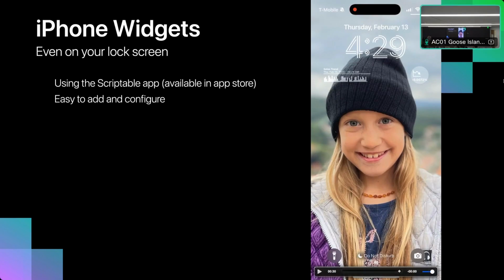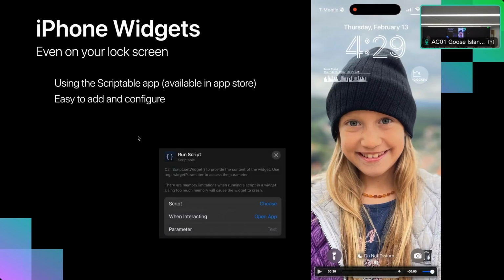It uses the scriptable app. It's easy to add and configure. And when you configure them, you'll have this panel here that comes up. And don't get confused, because that is not run FileMaker script. That is run the JavaScript that is in the scriptable app. And those JavaScript files live in a directory, like an iCloud directory on your Mac, or you can have them on your phone. You can get access to them on your phone, so you can edit them in some editor to work with that. This will run the JavaScript, and this is where you choose it, like over here.